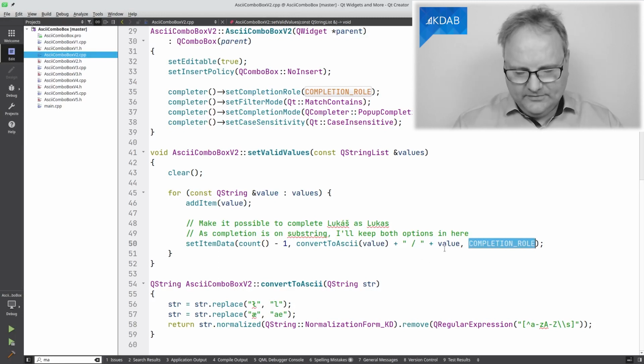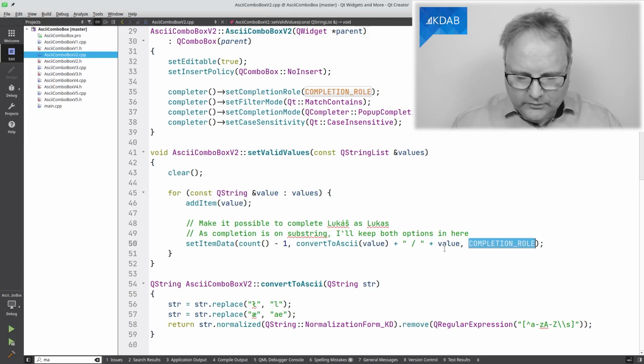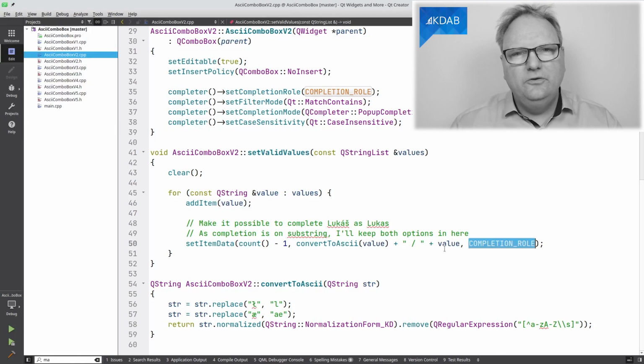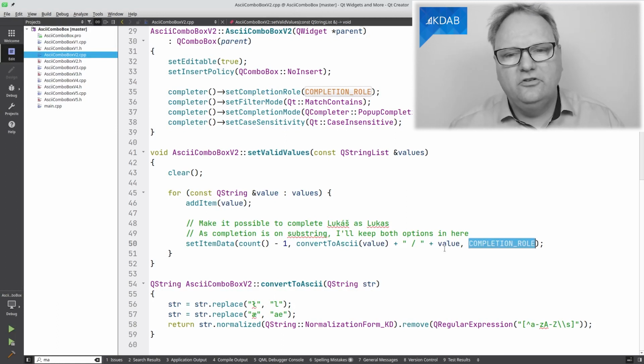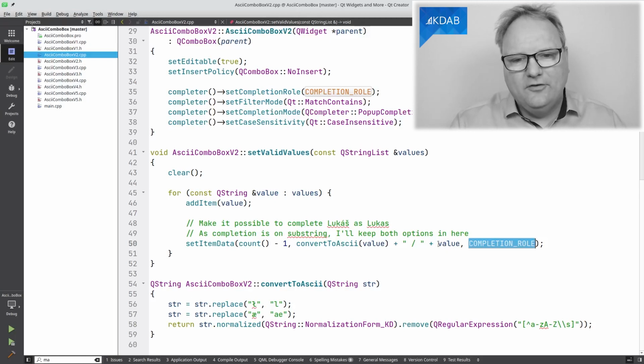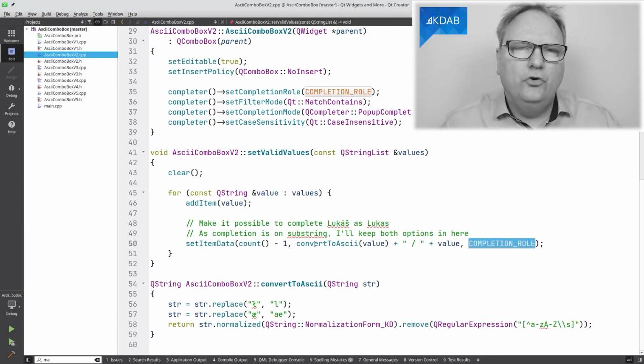So if I'm sitting and need to type my own name, then I most certainly on my keyboard know how to do that without any special characters that I need to touch or any special keys to compose. And therefore I just want to be able to spell it regularly. Otherwise it will use this ASCII-fied version of the string over here.